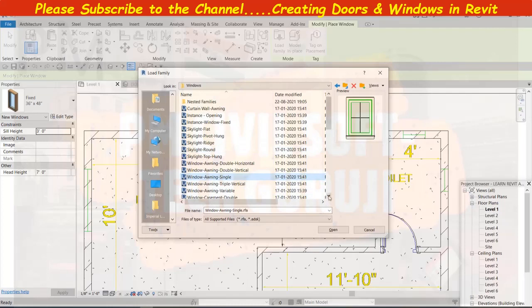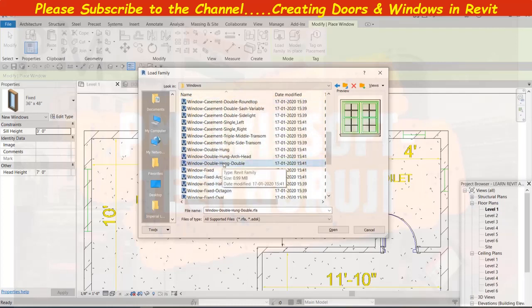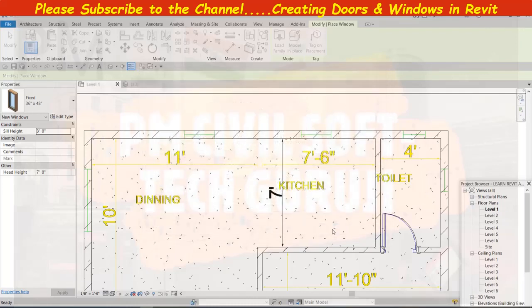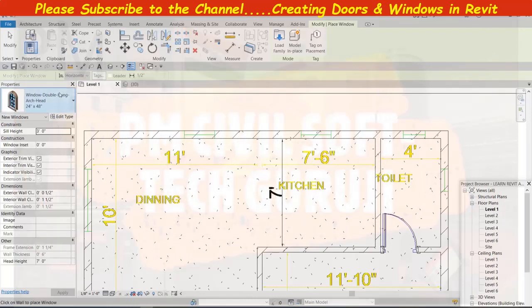So this way, double hung, arch window, double hung, triple. So double hung arch, that we will select. Click open. So the size is automatically taken.